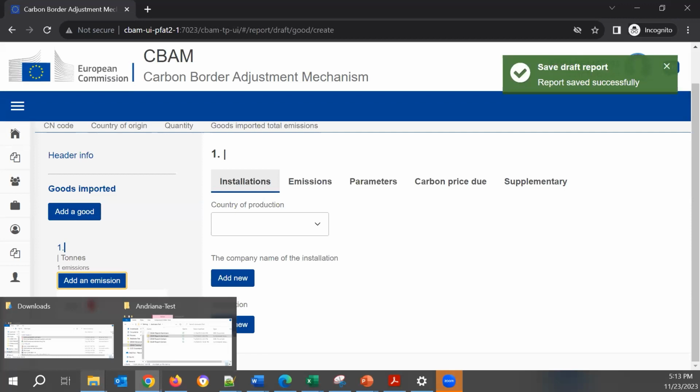Olivier says, for each uploaded good via XML, are you still required to validate it manually, or can I select all and validate? No, you cannot select all, I'm afraid. This is something that we are looking at, but for now, for the release that I have presented to you, it is not possible to validate all the goods at once.